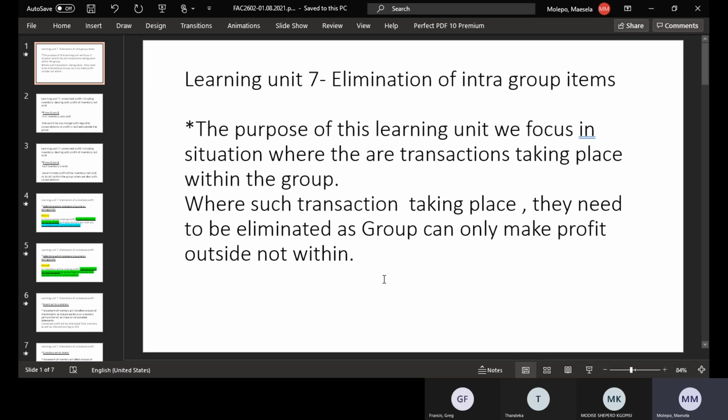But we're going to only focus on the profit within the group, whereby the parent was selling to the subsidiary and made a profit of 20%, which in that case was 200. That is the one we're going to focus more on. Out of that scenario, we come up with additional situations. One is a situation whereby